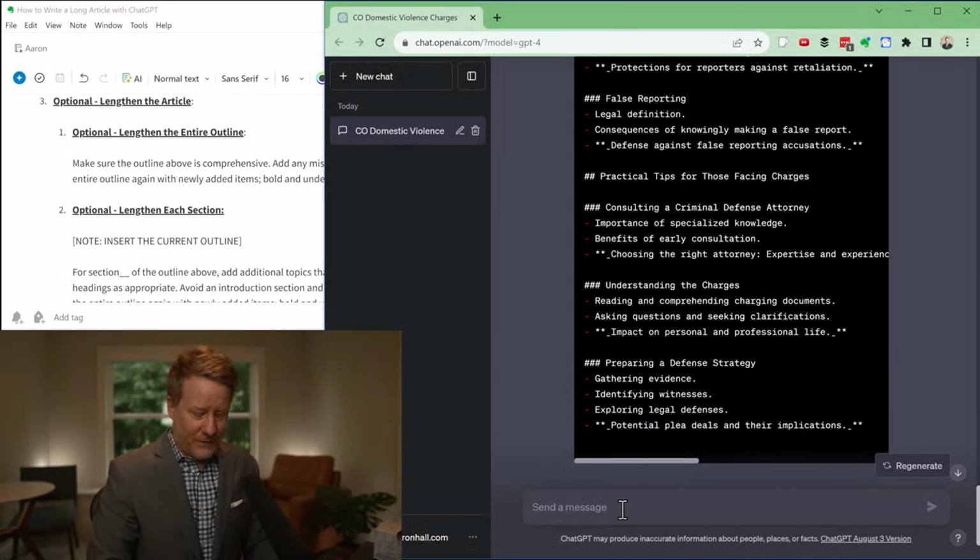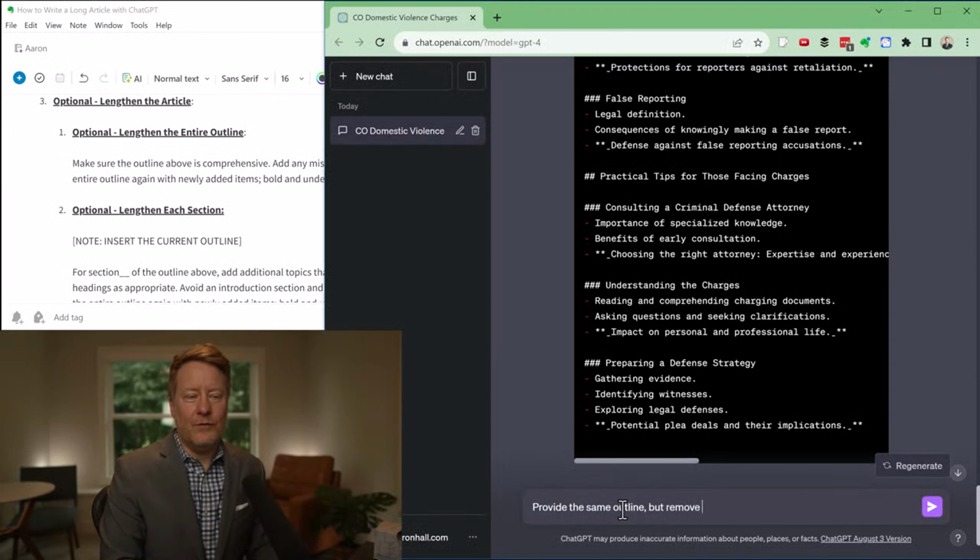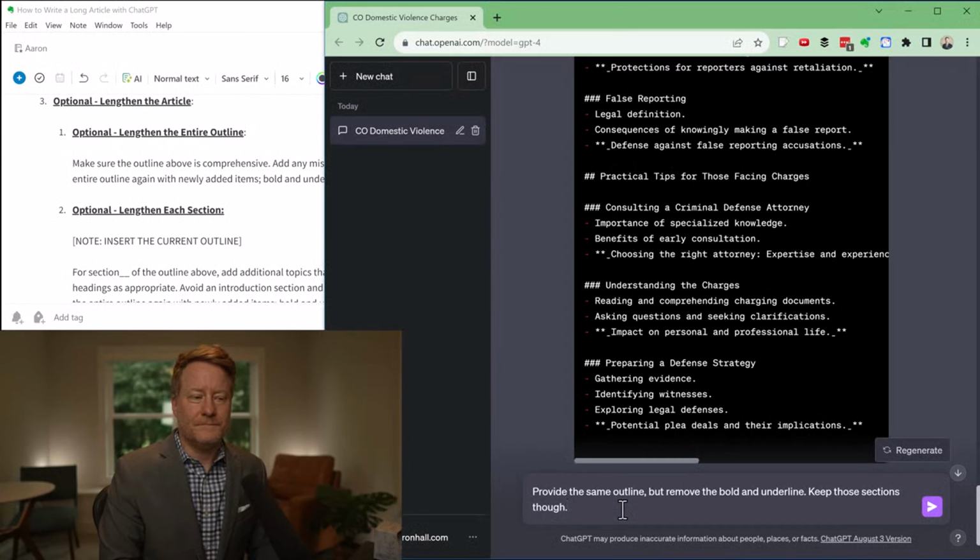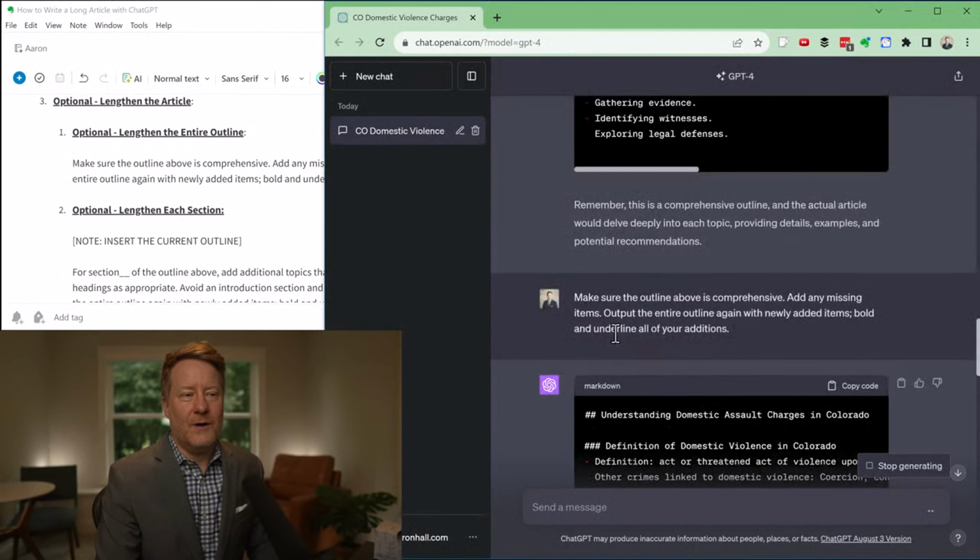All right, so let's just say provide the same outline, but remove the bold and underline. Keep those sections though. Let's make sure that worked properly.